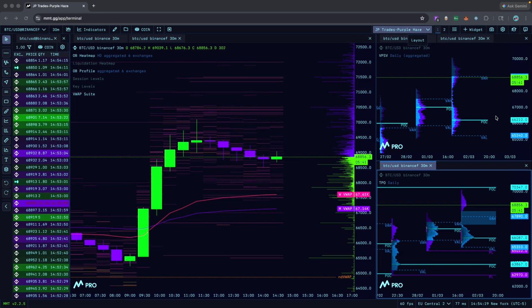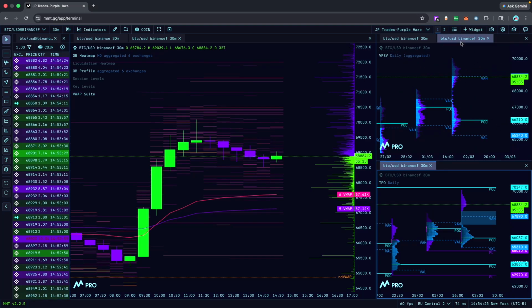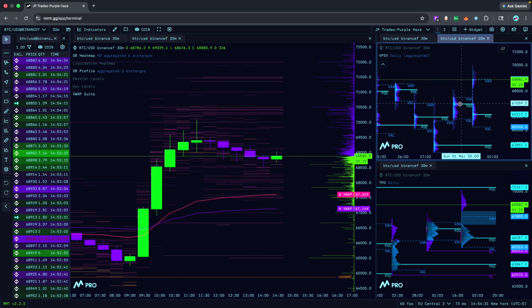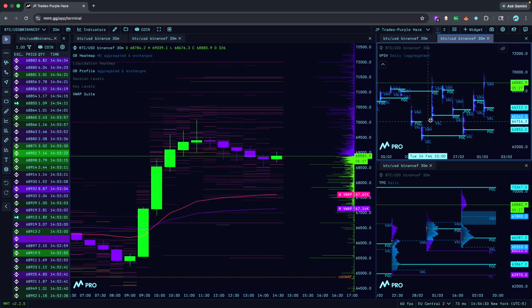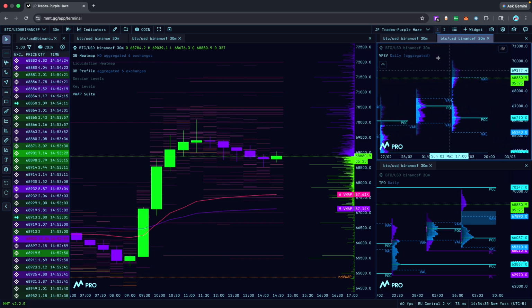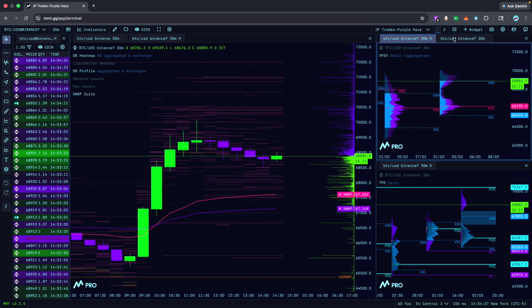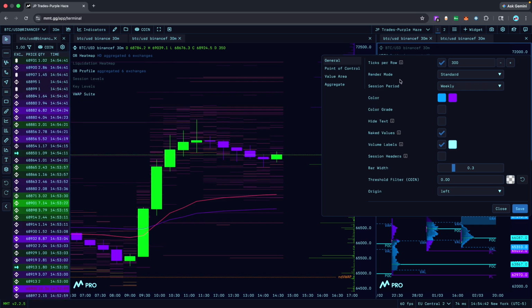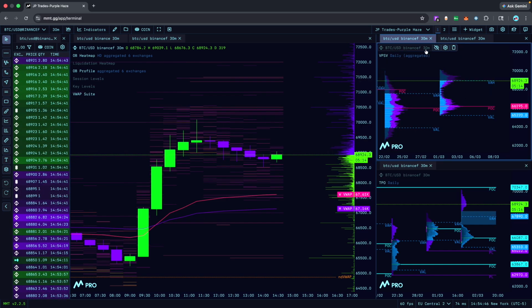Now, if you look at my screen in the top right corner of my layout, I have my session volume profiles. This chart is clean, no candles, no extra noise, just the profiles and extended naked point of controls, which are one of my favorite key levels. I keep two tabs here, one for the daily SVPs and one for the weekly SVPs. Both are set to the standard 30-minute time frame, which is the typical framework used for both TPO and session-based